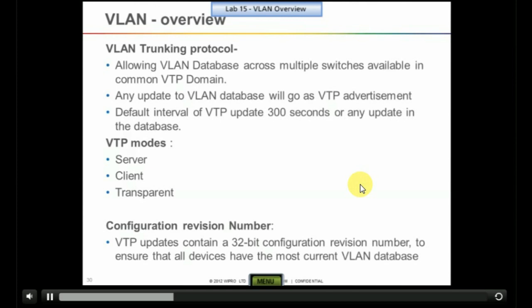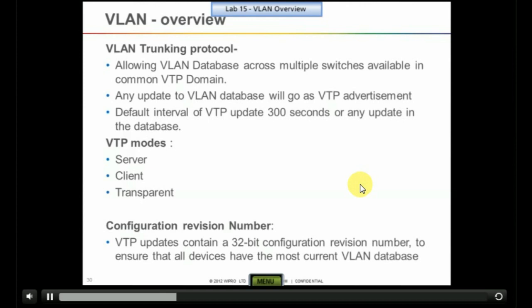If 2 switches have different VTP domain names, then VLAN information will not flow between those 2 switches and they will not get synchronized. Any update to the VLAN database will go as a VTP advertisement.